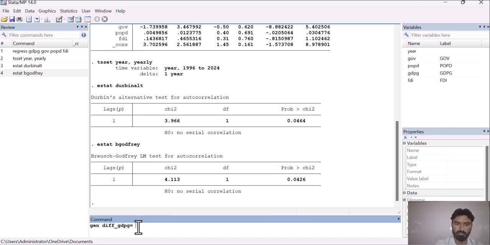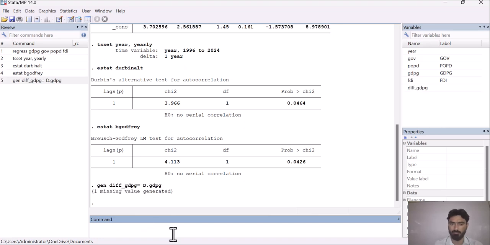So this is the command for creating the difference of the dependent variable. If you want to take the difference of any variable, you just have to change the name in this command and it will give you the difference for that particular variable.